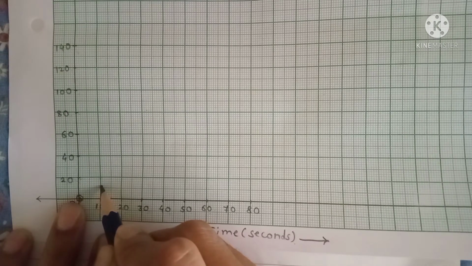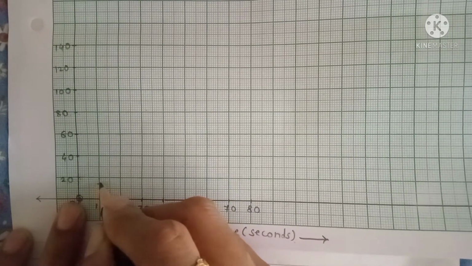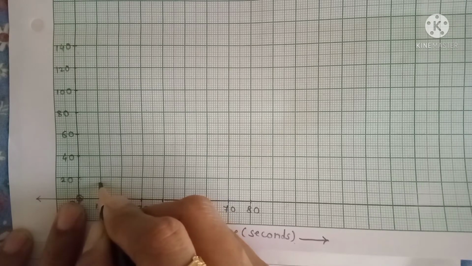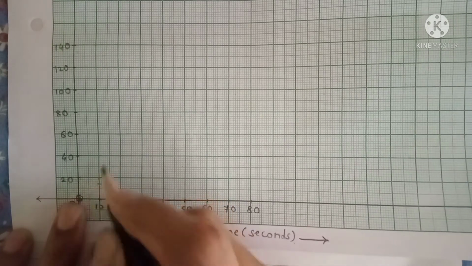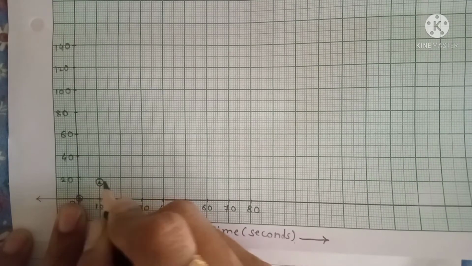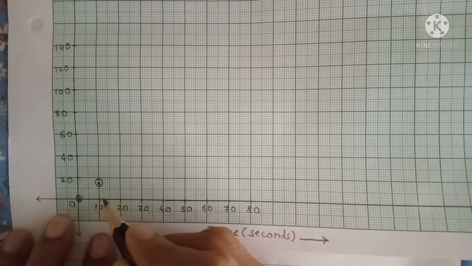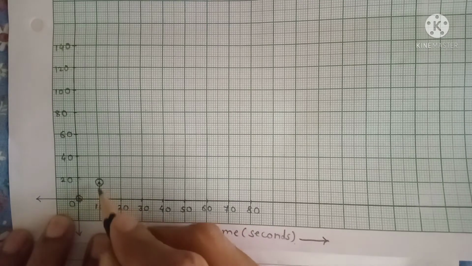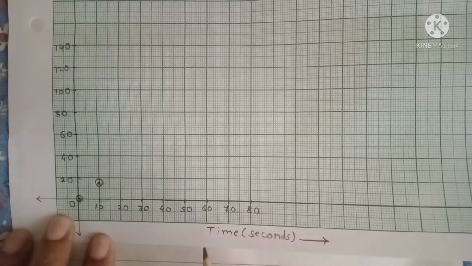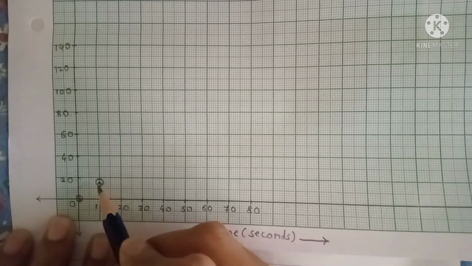The next one is 12, and after 5 we have to take 2 more lines, because here we can take 14, or otherwise we can take 16 also, no problem, because here we cannot show exactly 15 meters since there is a difference of 2 meters between one small line and the next. So here this distance corresponds to the time in seconds, and it will be 15 meters.